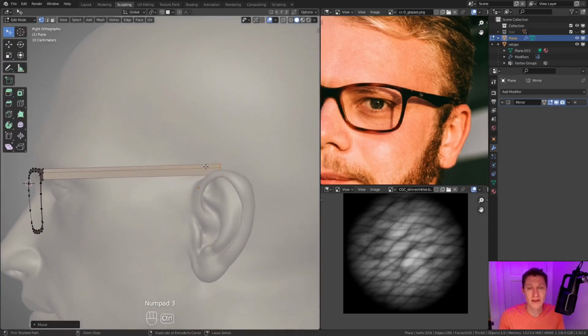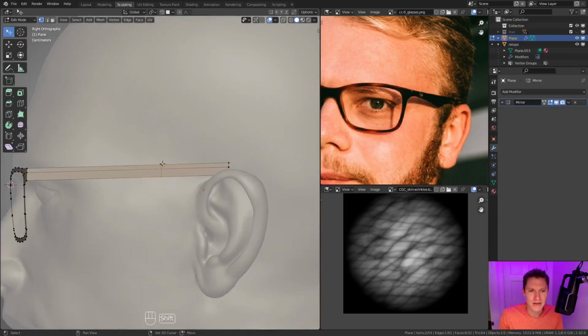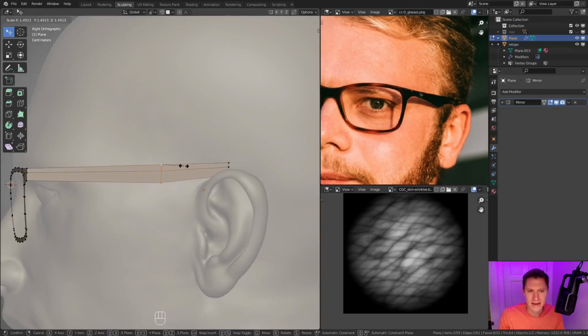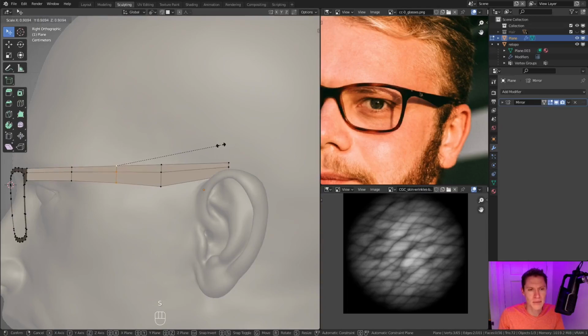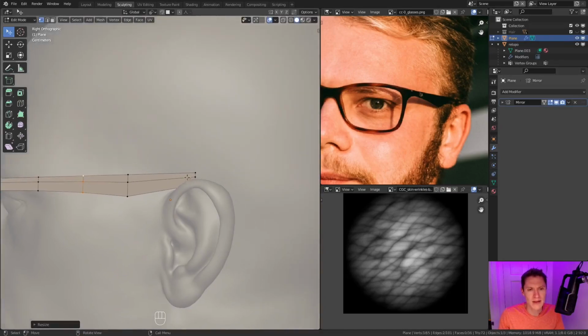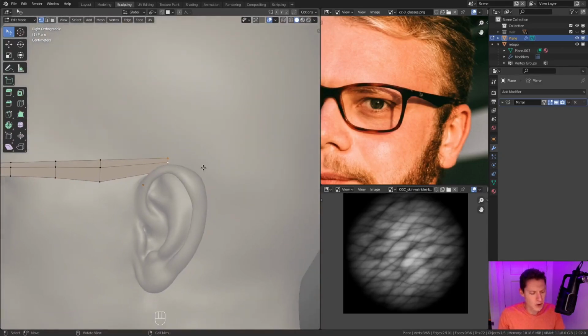Okay, and then from the orthographic, it's important to align that properly because now we're going to add new edge loops to define the shape a bit better, but we want to keep the overall shape straight backward toward the ear. And then when adding this edge loop, let's change to active element so we can scale from that active vert and give it this kind of peak pointed downward right here. Add a couple more edge loops and do the same thing except scale them smaller. This will result in a curve on the bottom. You see that? And then for the part that kind of hooks behind the ear, let's extrude that out.